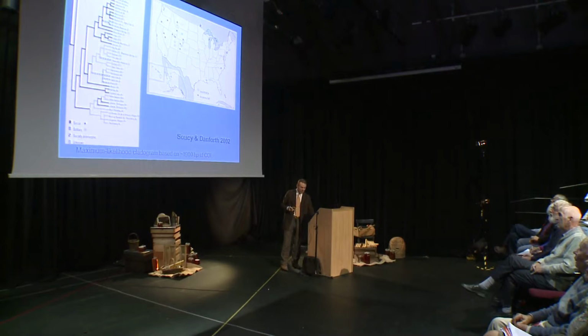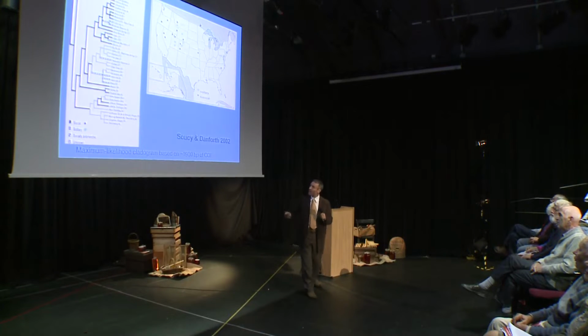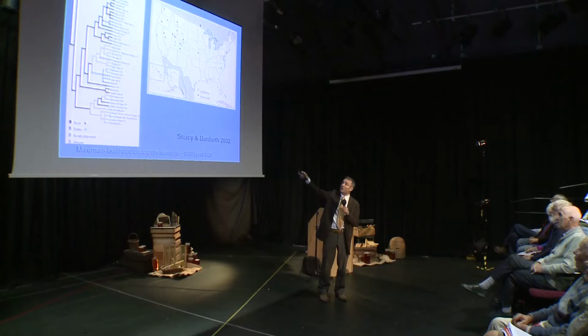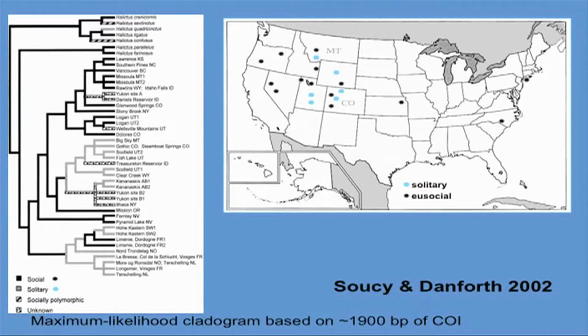Now, this is based upon former work of colleague Brian Danforth's. In the USA, where the species is also found, we have here the distribution of the species. It's found throughout the USA. And what we have on the left is an intraspecific phylogeny. You'll see in the USA some black ones and some grey ones that are closely linked together. So the black are the social, and the blue, in that blue circle, are the solitary individuals.